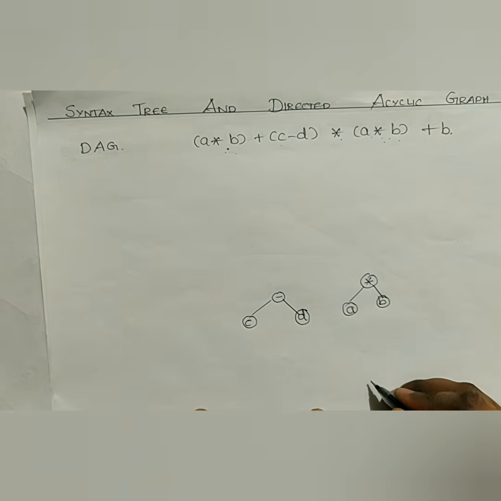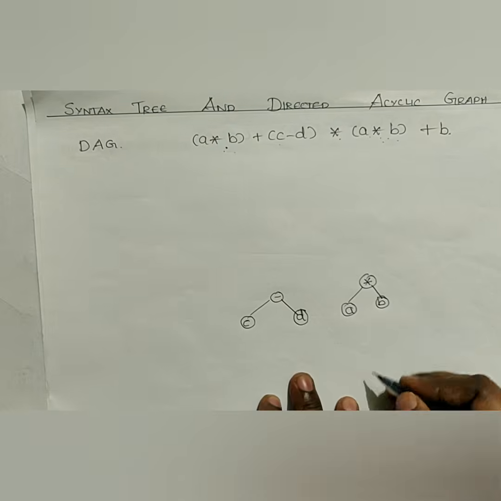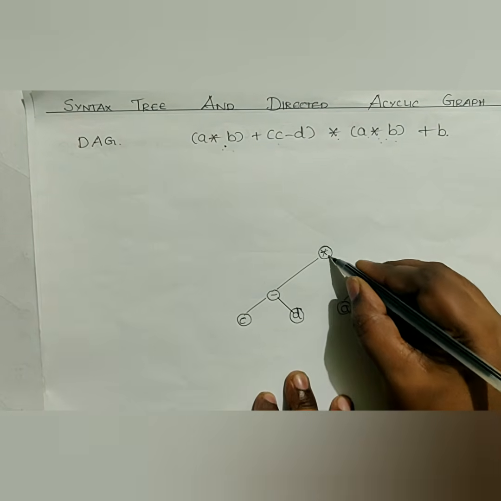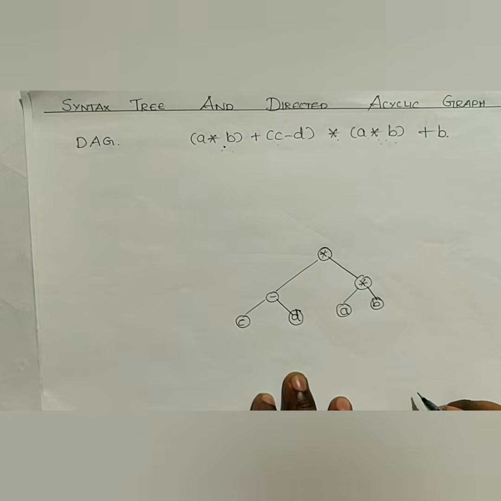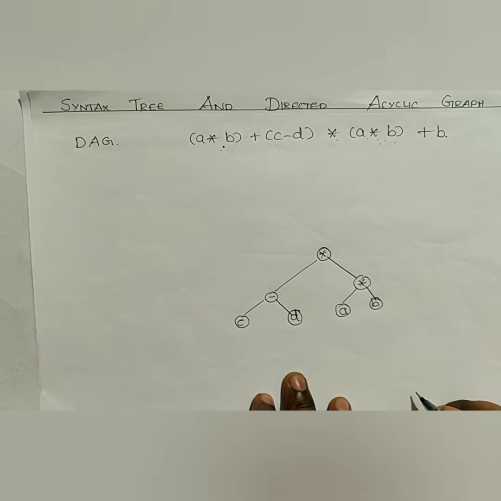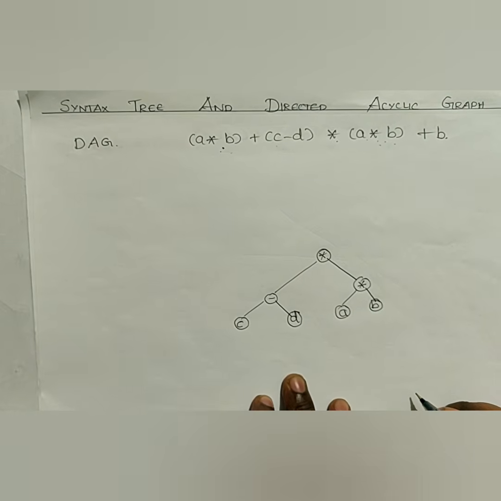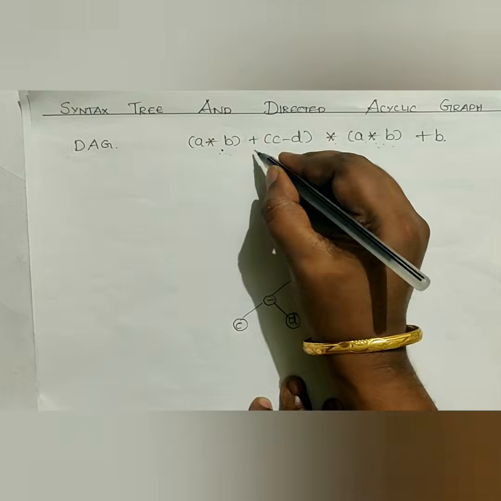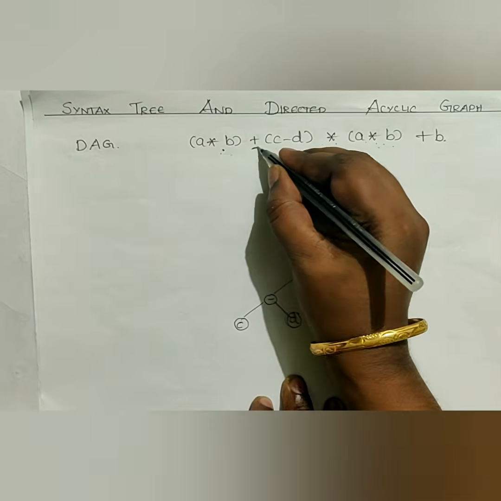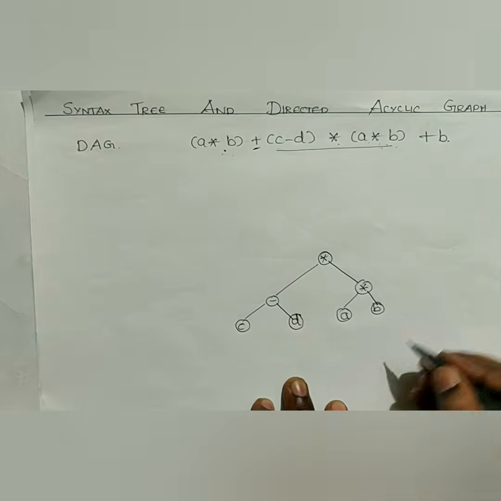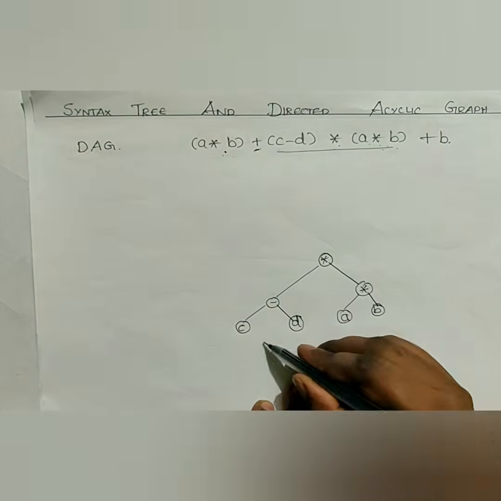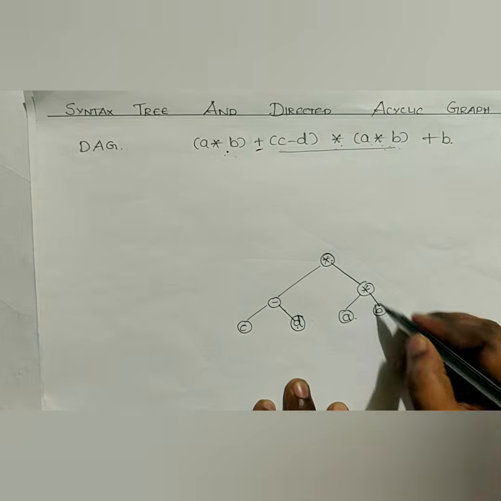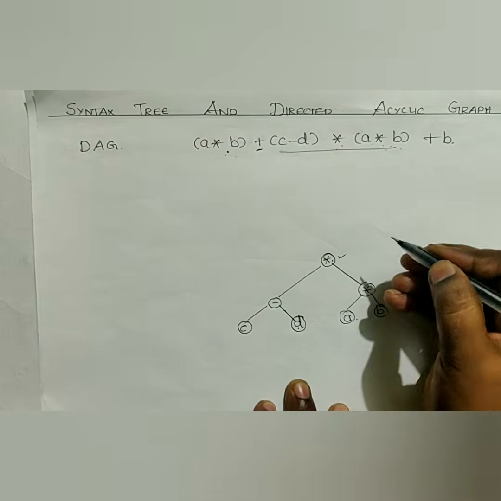Now the basic question that arises here is what to do after this. What to do after this is also fine. We go for this multiplication symbol. Up to this is also fine, right? Now what do we have to do next? We have to add this A star B with this result. Okay, now what is the result? C star D minus C minus D star A star B, and the result is stored here.